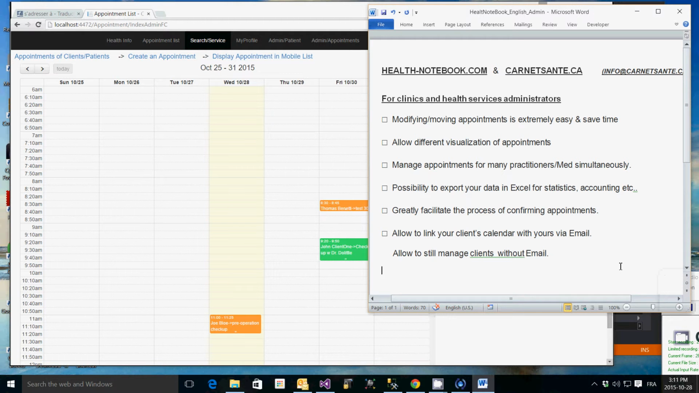Hi, this presentation is targeted at clinics and health services administrators, with the goal of showing how healthnotebook.com can help you save a lot of time and effort in managing your appointments, patients and clients. So you have a list here of things that we want to show you very fast, in just a couple of minutes, to really show you how you can modify and move appointments extremely easily and save time,